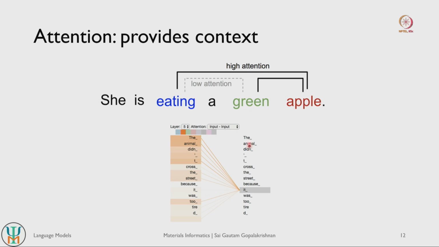If you look at a different sentence here, this basically says that the animal did not cross the street because it was too tired, right. The word it can now correspond to several different subjects. It can correspond to animal, it can also correspond to street here. But when you use attention, you hope it identifies that it is not the street that is most important, it is the animal that is most important, or rather that it is associated with the animal in this sentence more than the street. So this is what you would like to capture when you put in attention, or this is what attention does. It provides context between different words in a given sentence.